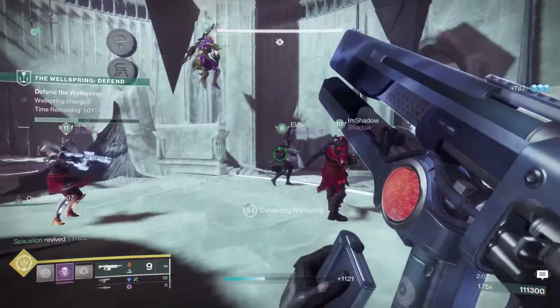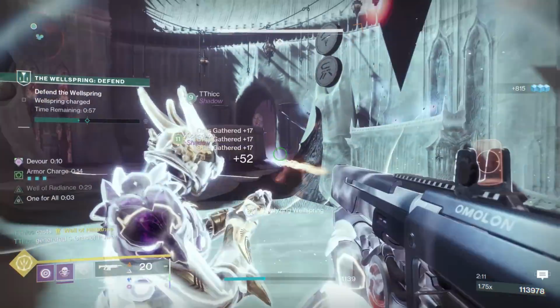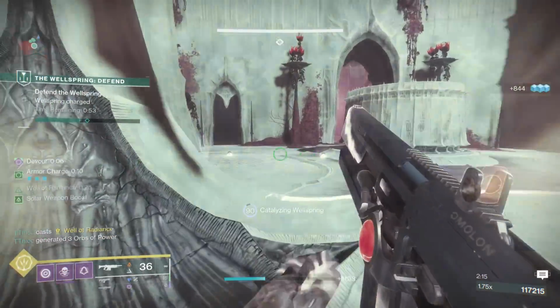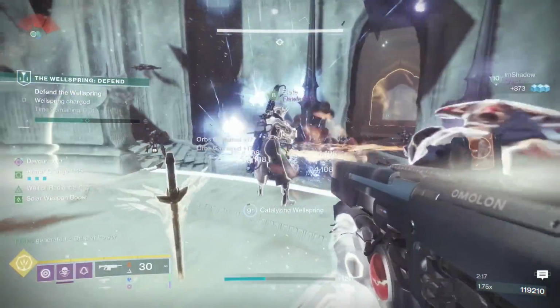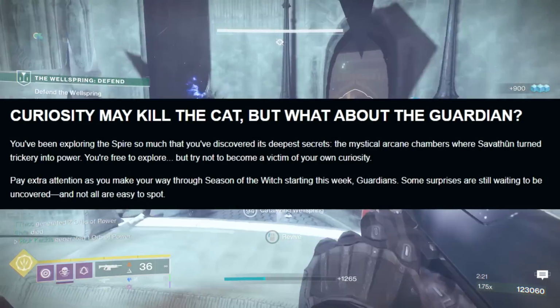But overall, for the vast majority of players, I think this is a great thing. Having deterministic recoil, being able to truly get used to your favorite weapons, I think, again, that's going to be fantastic. But moving on from there, Bungie weirdly has a section about seasonal secrets, saying you've been exploring the Spire so much that you've